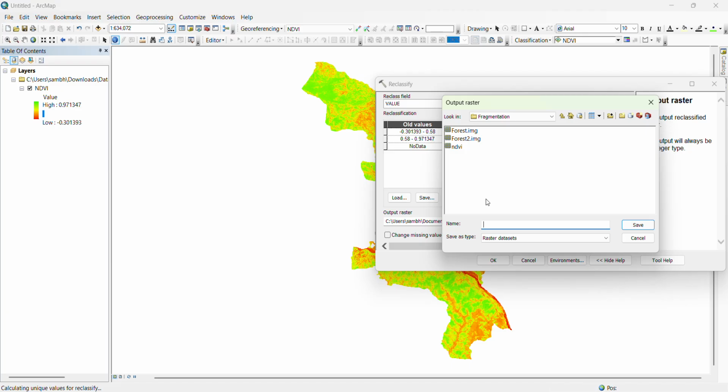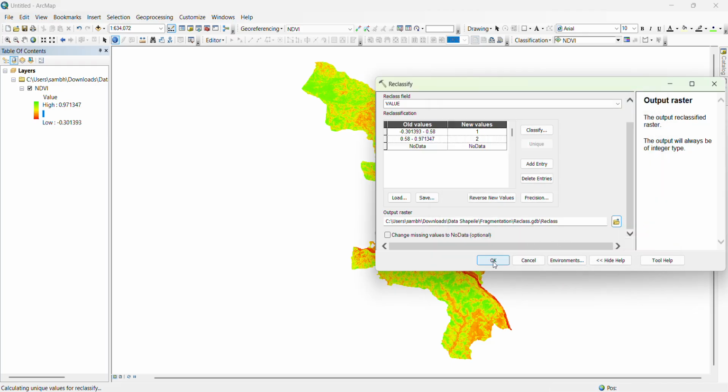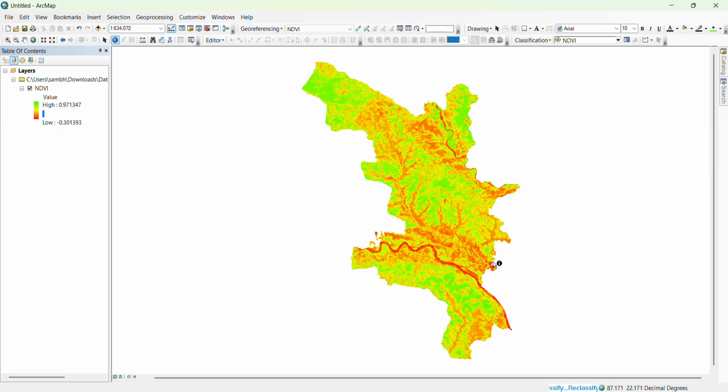So we can create a geodatabase here, reclass, reclass, save. Okay, so we can wait for a while,